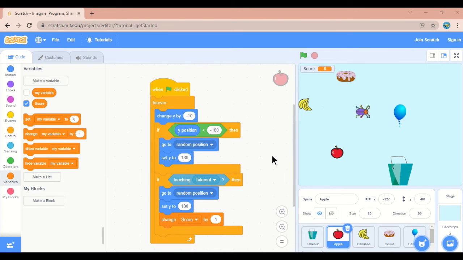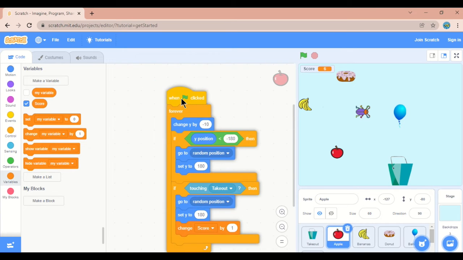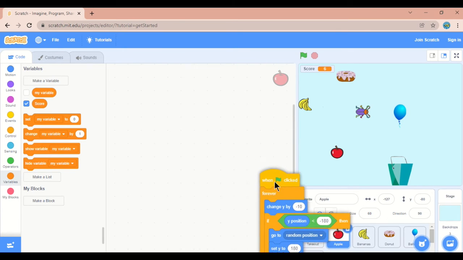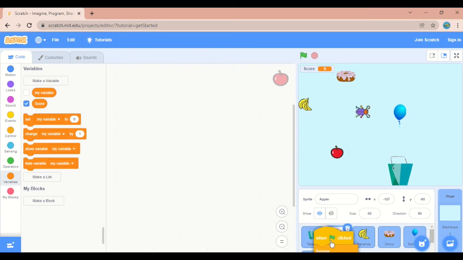Now we have to do the same code for bananas and donut. For that you have an option. You can simply copy this into bananas. How? Select it, drag using your mouse, and when it reaches the banana, you can see the banana is shaking.